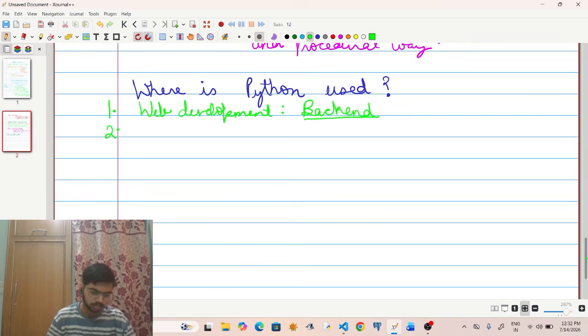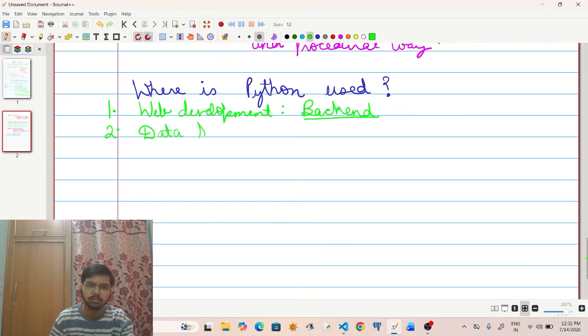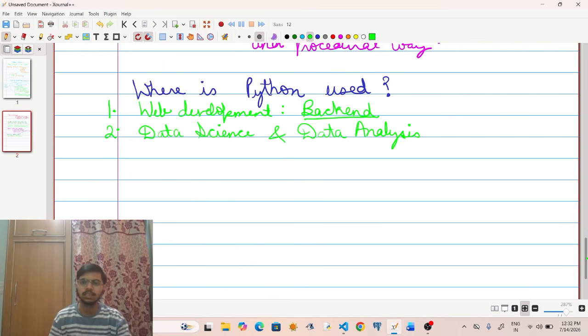The second one is data science and data analysis. Now, in data science and data analysis, there is another programming language known as R, but still, Python is dominantly used for data analysis, which you will study if you choose the course of data science.